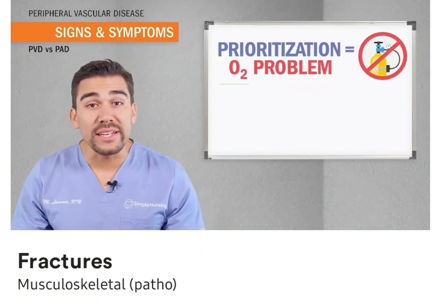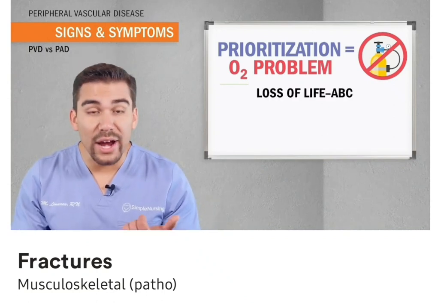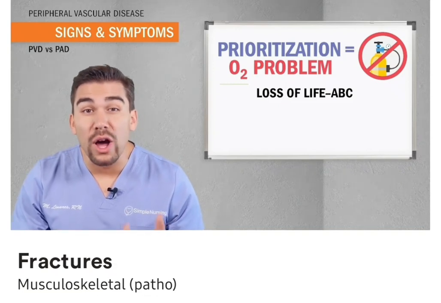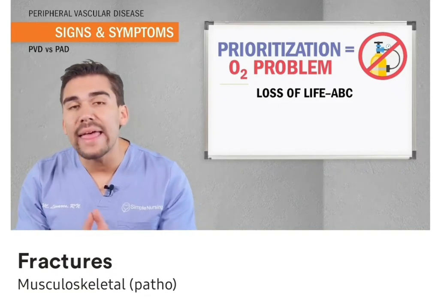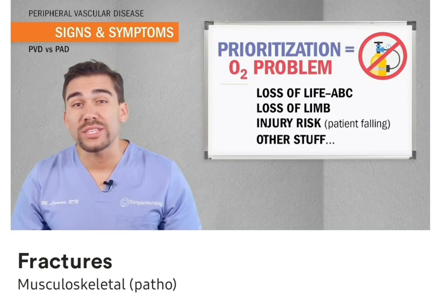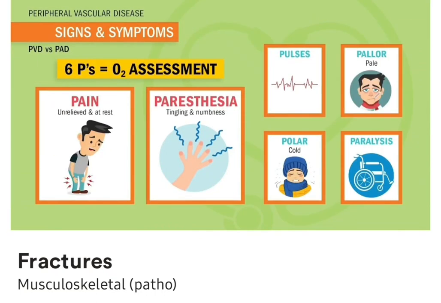Guys, that's why the ABCs are always to prevent the loss of life. Airway, breathing, circulation. They always should be assessed first. Then loss of limb, then it goes into risk factors and other stuff. Now the other 4 P's, we sort of expect to be there, so we don't really focus on them in terms